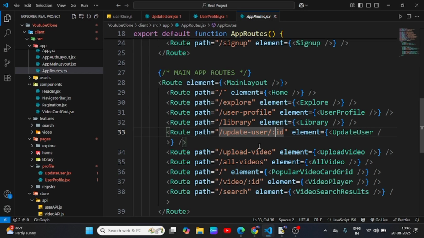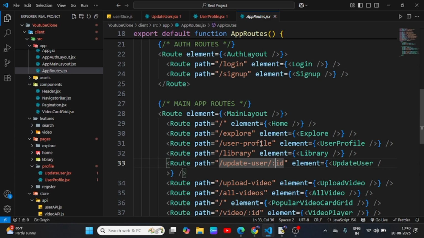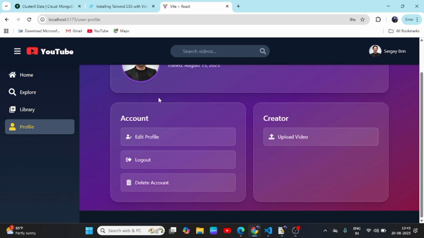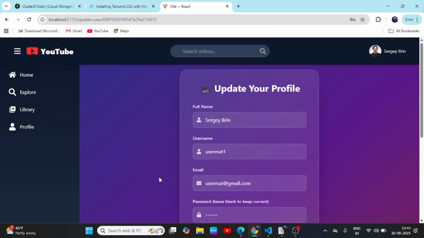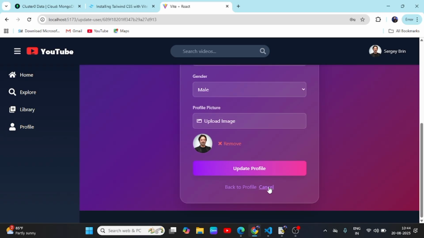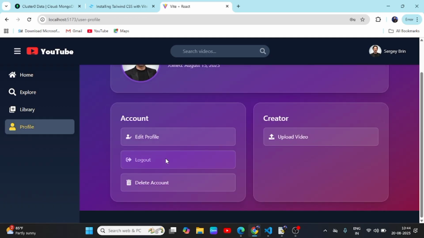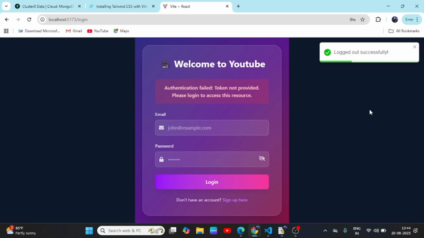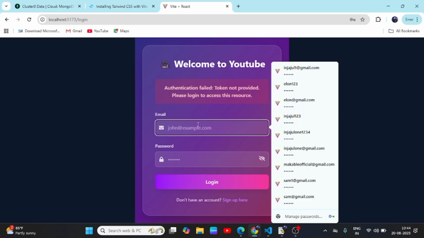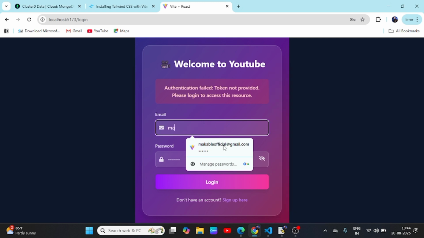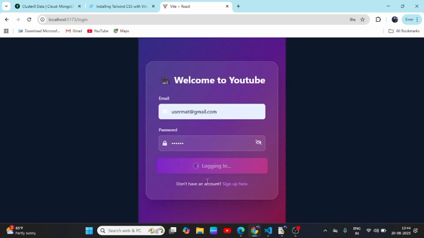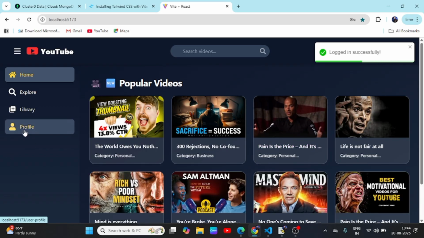And this way we are achieving this UI, and also this edit profile UI. Let's see logout working. Now we can see it's working, and email or user match, and login again. Okay,